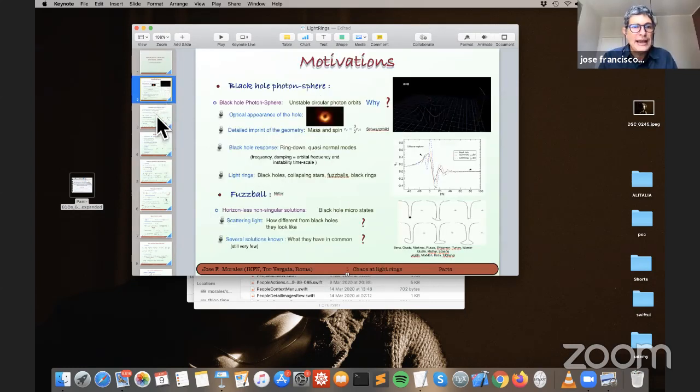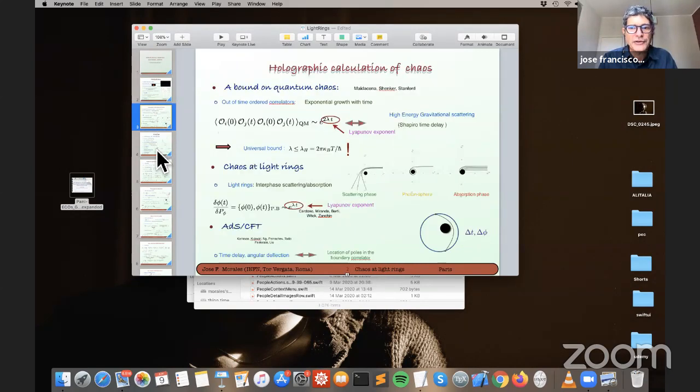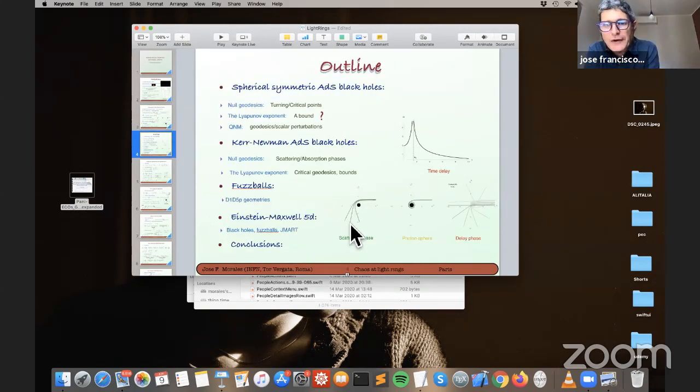No. Sorry. Let me show again the picture of the fuzzball. You see, for a fuzzball, there is a photosphere. Photosphere means that if you are close to this impact parameter, the light is completely trapped and will never escape. The light escapes if you are below the critical parameter. The difference with the black hole is not the photosphere. The photosphere is also there for the fuzzball. You will find this likely. But inside is how fuzzballs are different from black holes. Okay. So in fact, is there going to be a shadow?